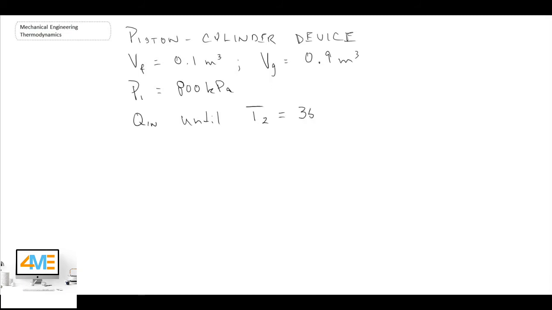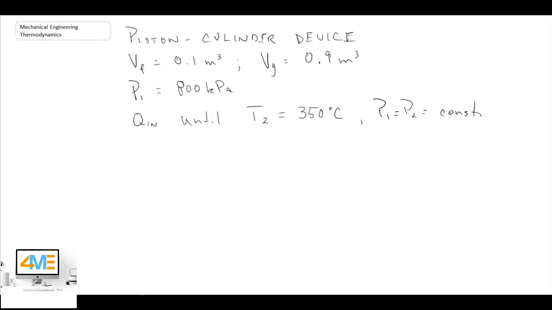We're told it is 350 degrees C, and P1 equals P2 equals a constant in this process. So it's a constant pressure process. So what we need to do is find the four variables,